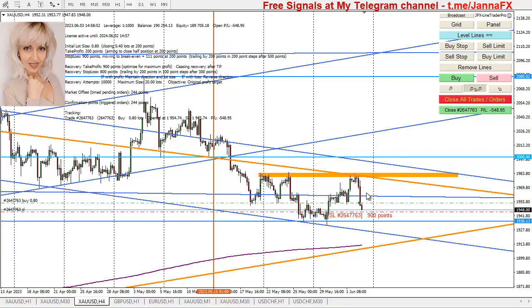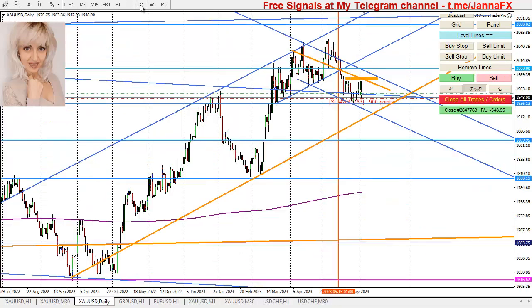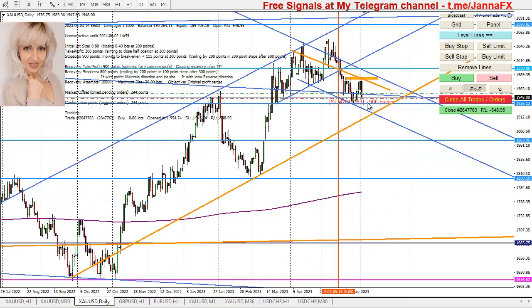But before the 14th, my first thought would be that we might just sit in this area, stuck in here before it makes a bigger move. For example, it might go slightly lower. We do have a level about 1936 here, but I'm not going to draw anything at this moment, because if we are in this area, it might go up to like